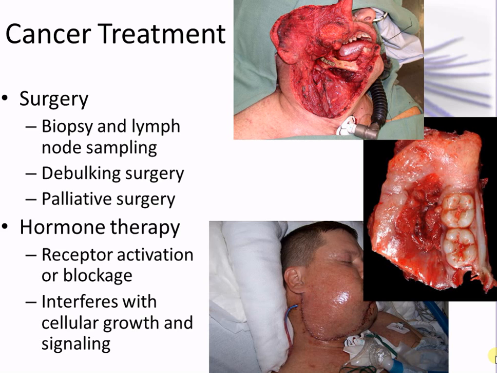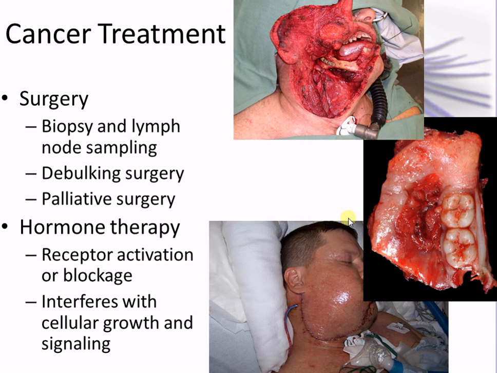They can do debulking, where they take a large section out to make sure that they effectively remove it. Palliative surgery typically happens with people that they can't cure the cancer. So they remove enough of the cancer to make them more comfortable. If it's growing around nerves or certain blood vessels or around their lungs where they're having problems breathing, they'll go in and remove it. Even though they can't cure the cancer, they're just reducing their suffering.